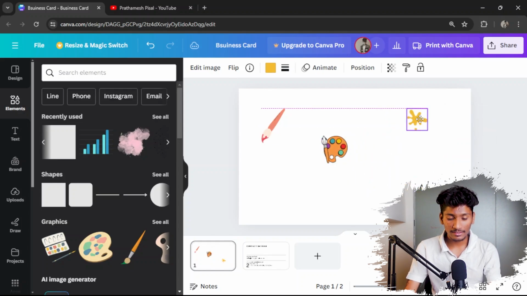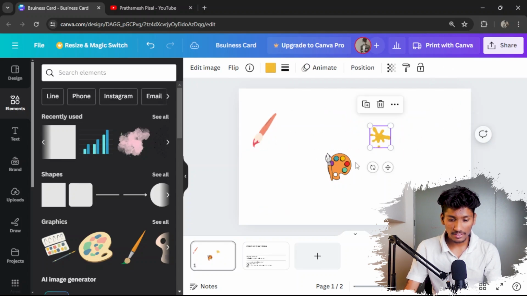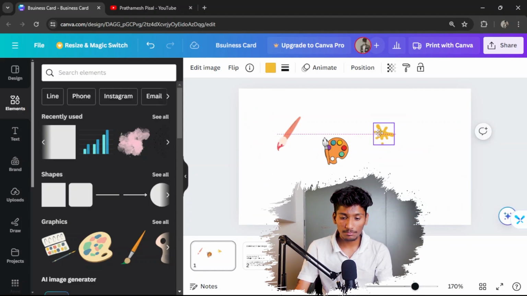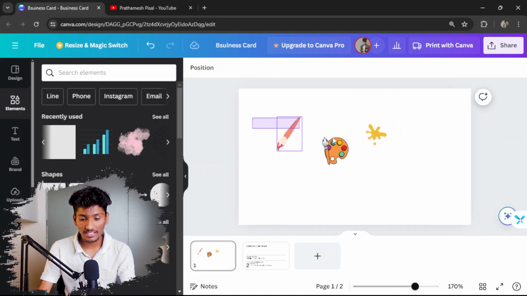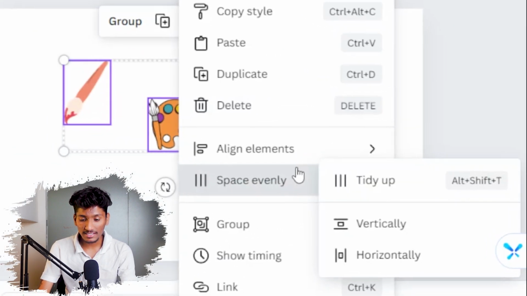Now I can align them here and there, and let's make them messy. It doesn't matter if you keep your elements so close or so far apart, you can keep them anywhere. And now you just have to select all of them, right click here and go to space evenly,